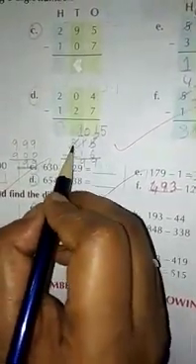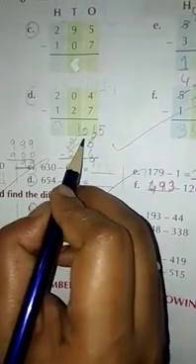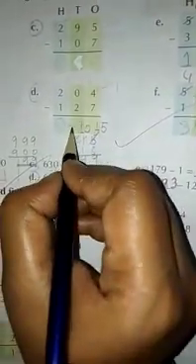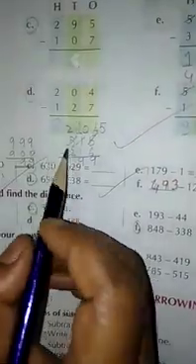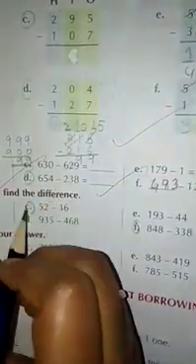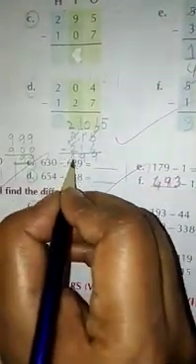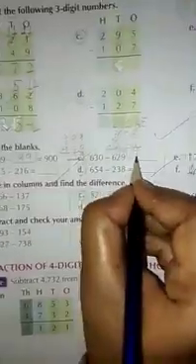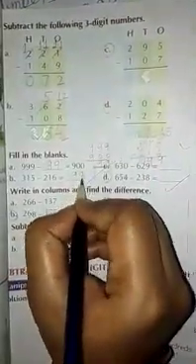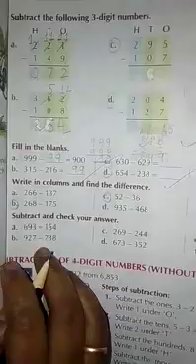Now you see in place of 100, from 3 we have borrowed 1 here. So here what is left? 2. Now you subtract 2 minus 2. 2 minus 2 is how much? 0. So no need to write 0. So the answer will be what? 99. Okay. Is it clear?